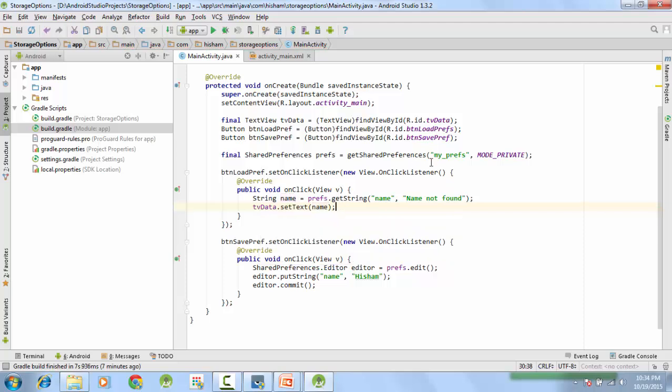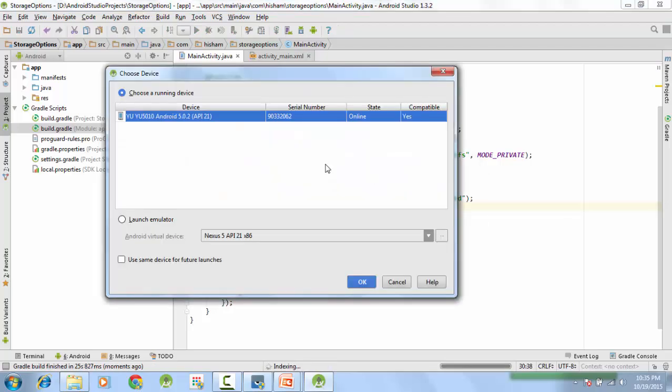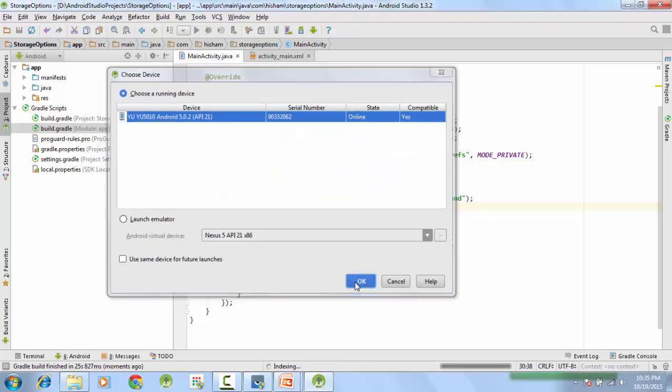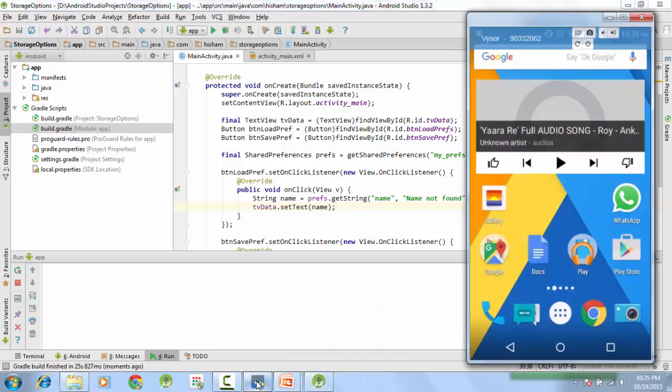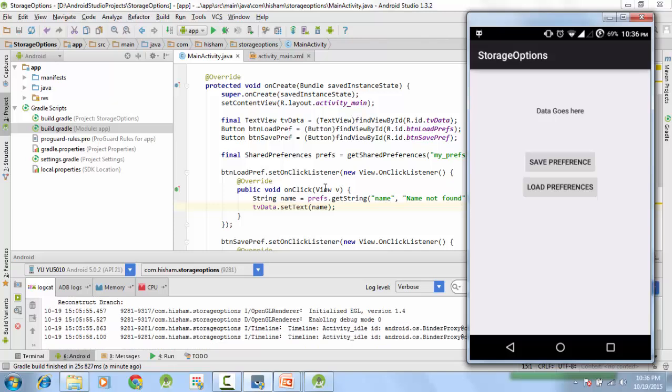So that is your loading and writing part in the shared preferences. Now let's run this project and see how this works. Alright, selecting my device here. The application has started.